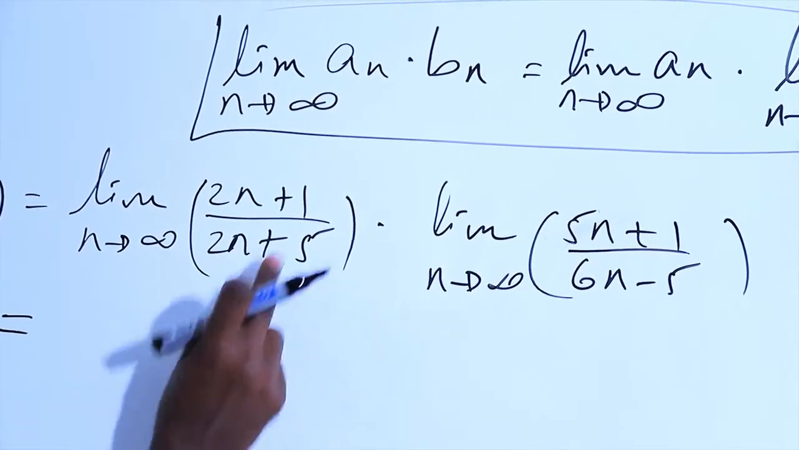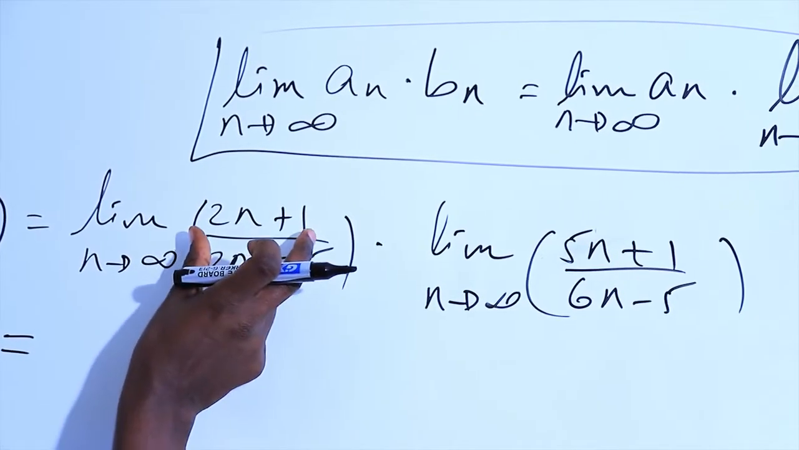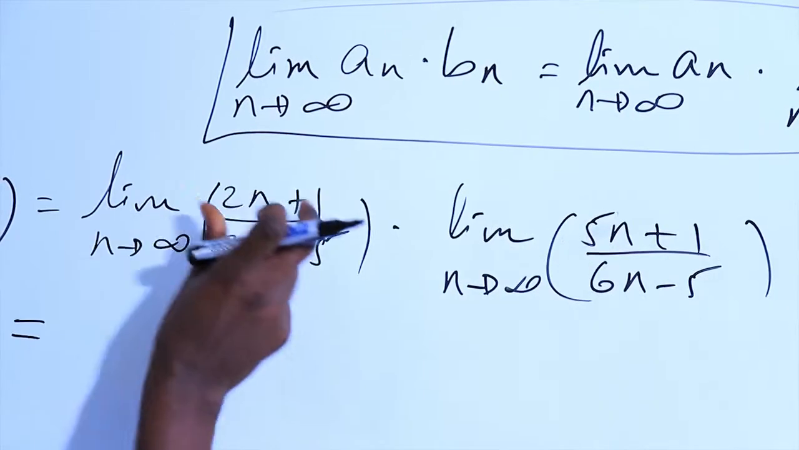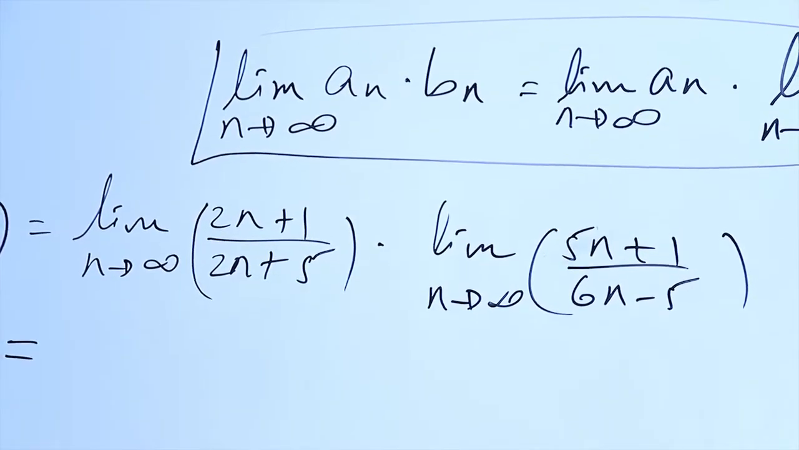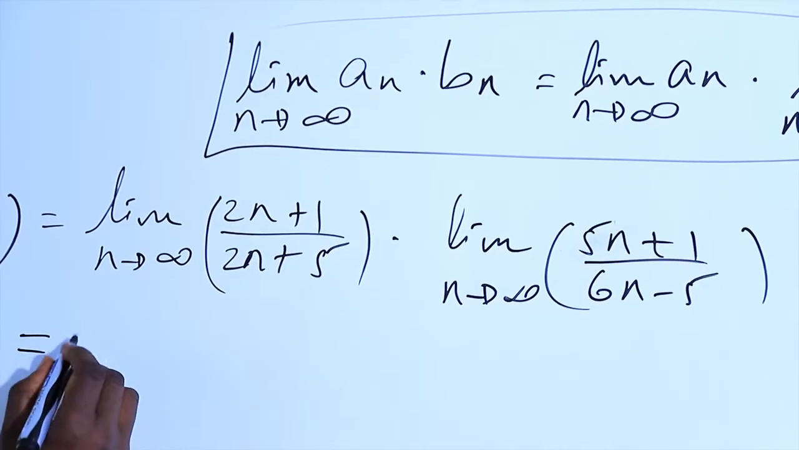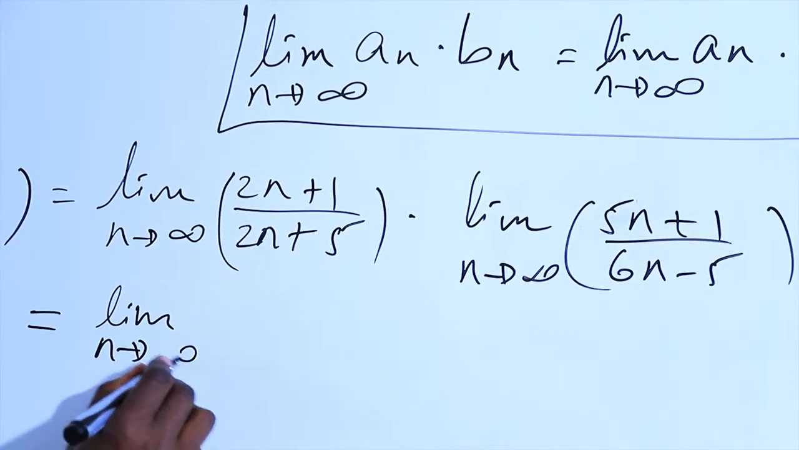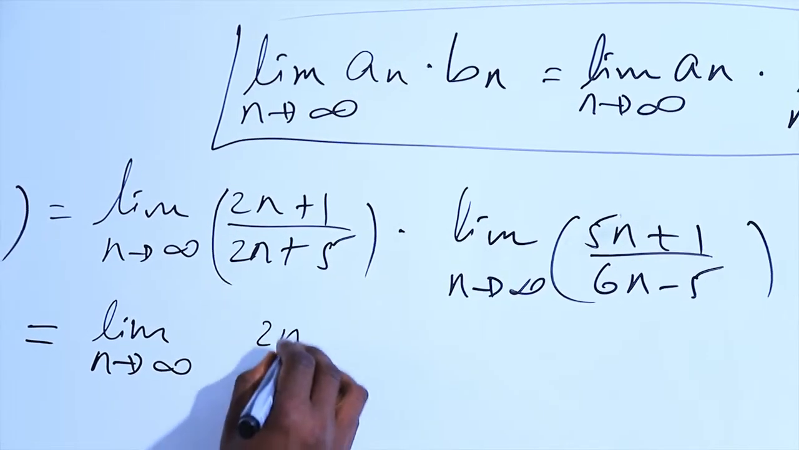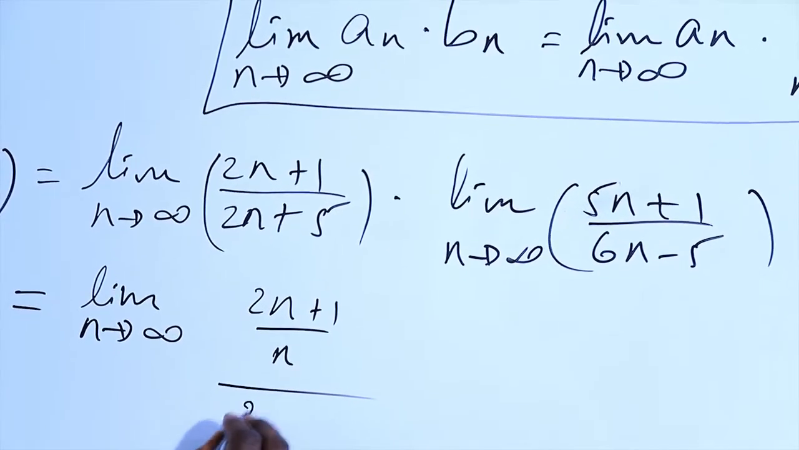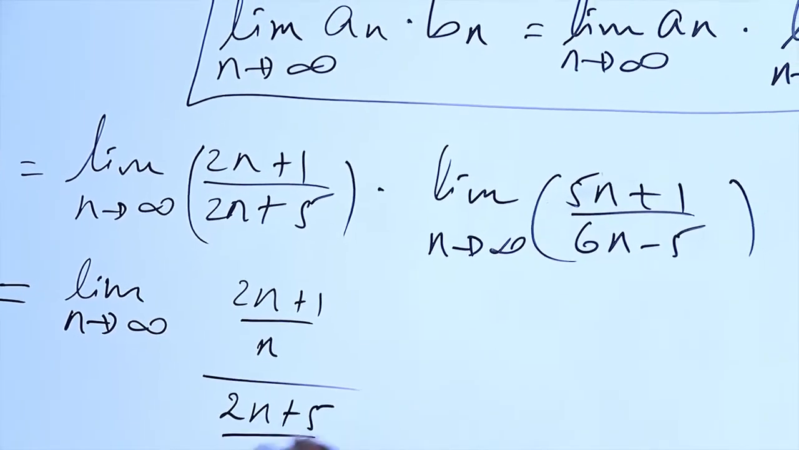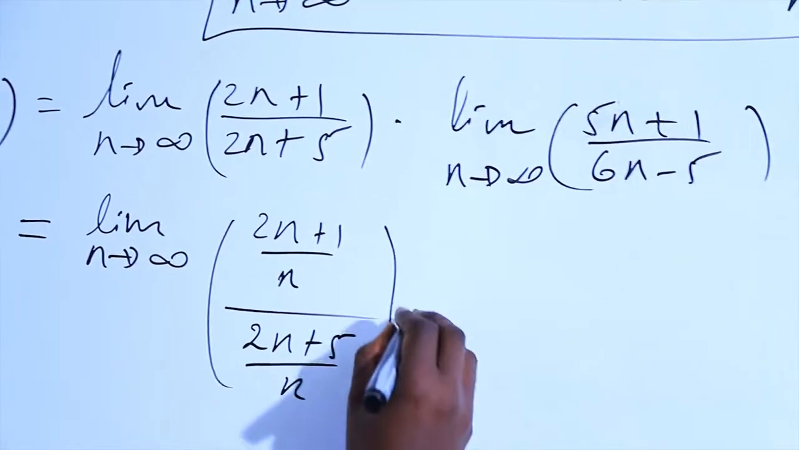Therefore, the highest degree of the denominator part is simply 1. Therefore, we can divide the denominator and numerator by the largest degree of the denominator variables. Or so we can say here the limit of the sequence as n approaches infinity, which is (2n plus 1) over n, over (2n plus 5) over n, the whole as n approaches infinity, times